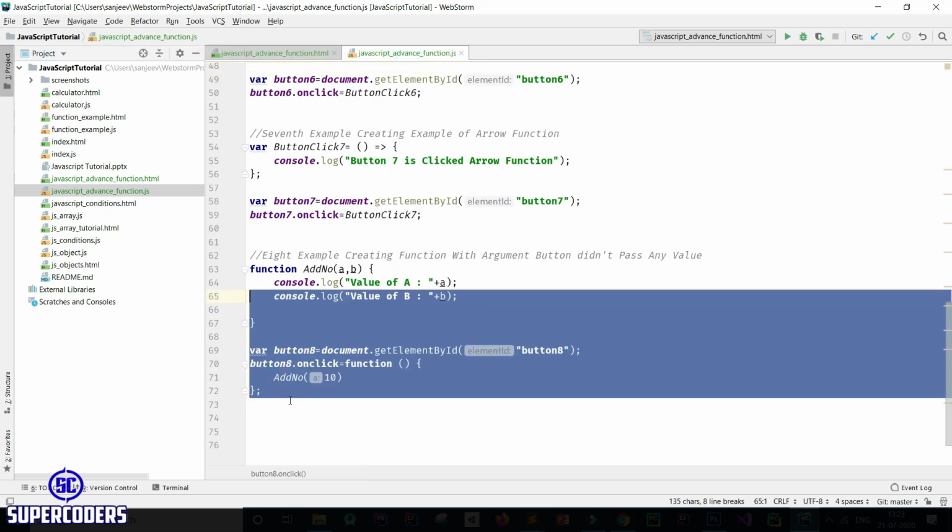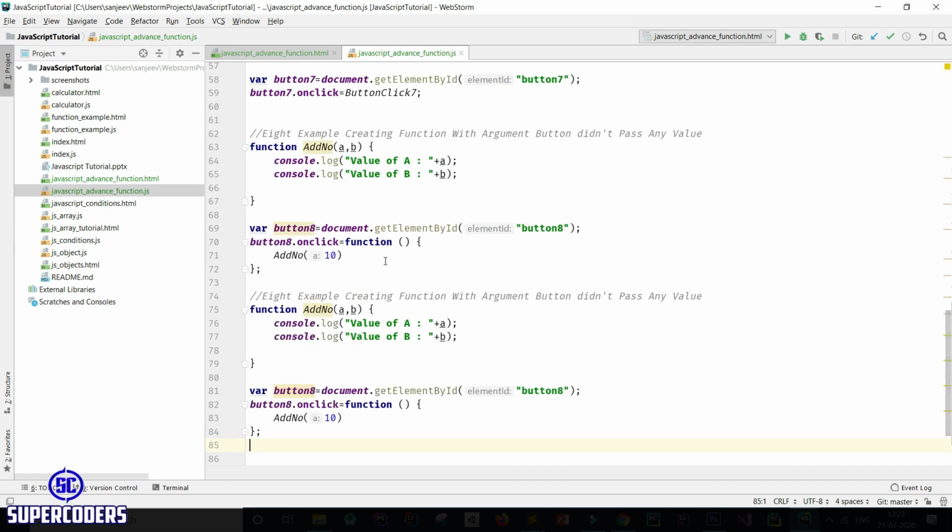Now let's see the example also. Again copy this code and change this to 9 example. 9th example of creating function with argument and default value. Change this to subtract and change this to 9.